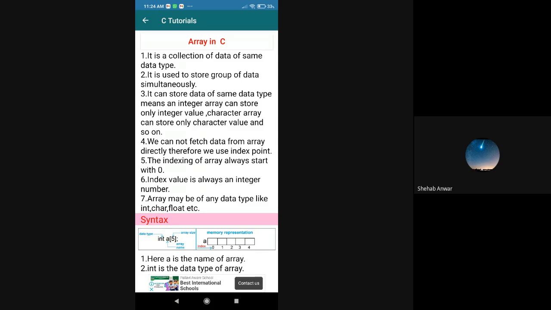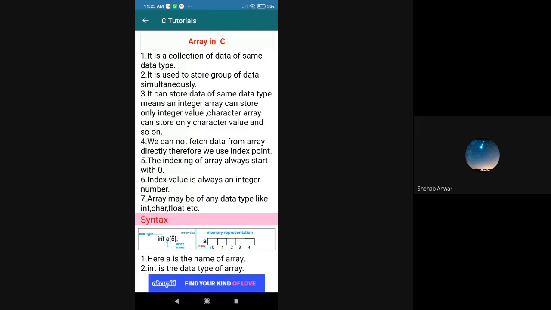So same data type means what? I want to store all integers, that is, roll numbers. Or I want to store all your names, that is characters. Like that, we are going to store similar objects or similar data type in a sequence. Now this sequence will be added from left to right. Whatever we add, we add in the last or in the middle, but the address will be in this fashion. So you can see the diagram I am explaining below.